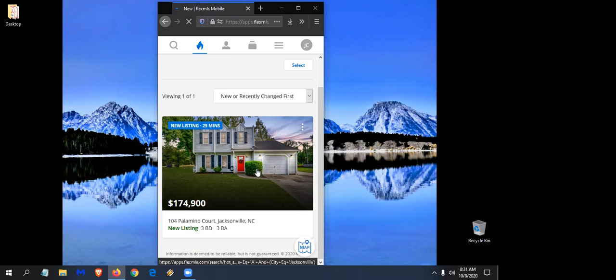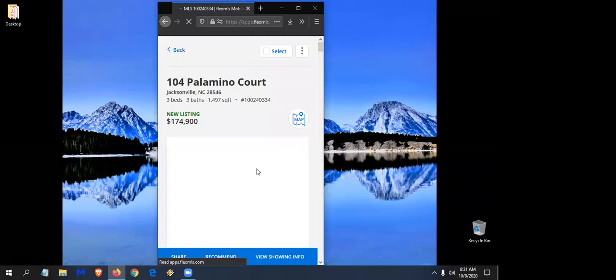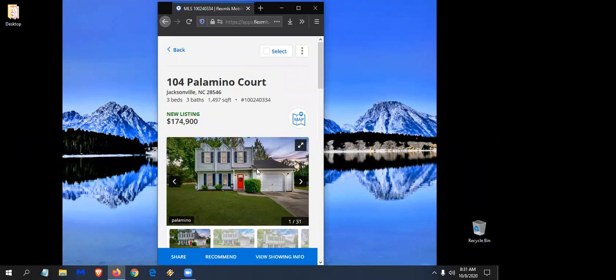So the purpose of the FlexMLS Pro app is that it has most of the functionality of the desktop site, but it's for ease of use while you're out in the field with your clients. Now, the FlexMLS Pro app for Android works on an Android phone, but if you have a full-size tablet, you can use the app. But what you can also do, if you have a full-size tablet, a Google tablet, is turn your tablet sideways and